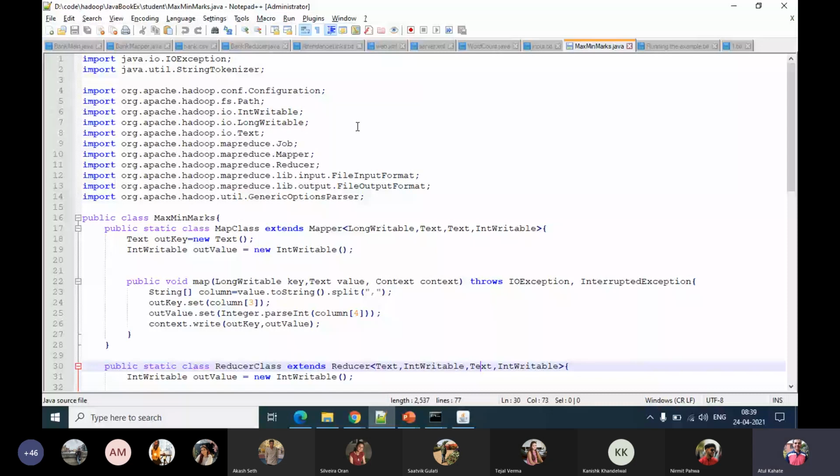I'll scroll down now. The reducer class, it simply compares the marks, sets the min and max, and writes those to the output.